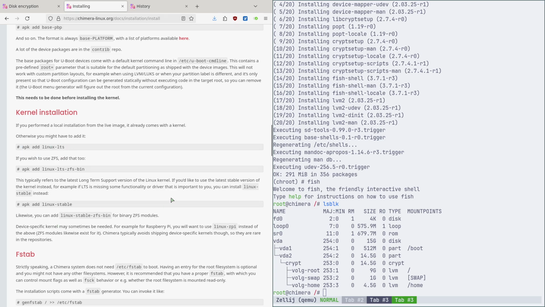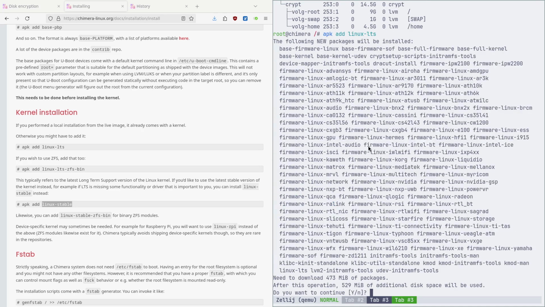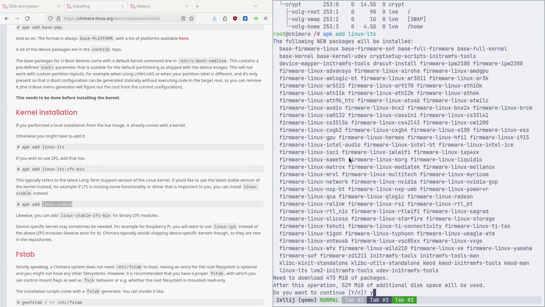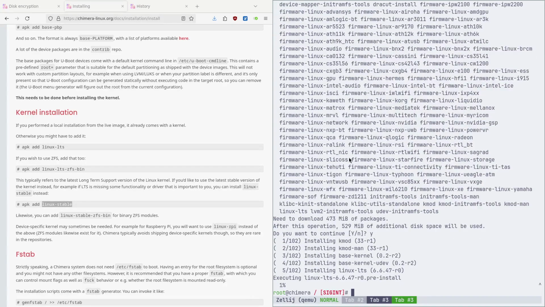And if you need the stable version, you're gonna need linux-stable. I'm gonna install LTS. So okay, apk add linux-lts. And you can see now it tries to install a bunch of firmware, but no. But if we give it a del on base-full-firmware,